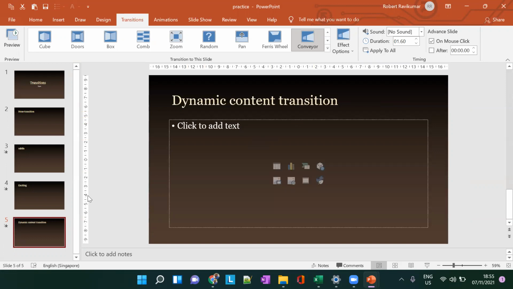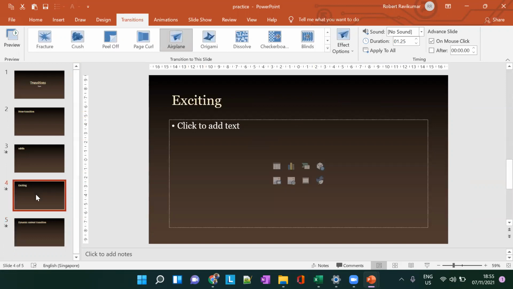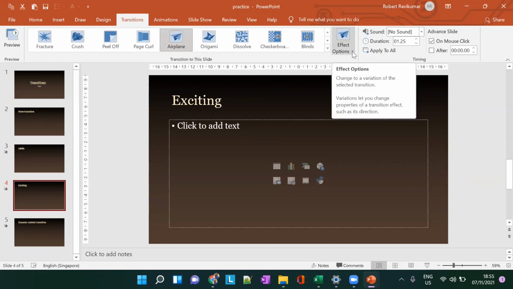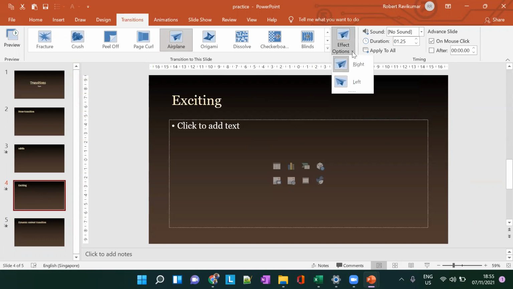Okay, so we can add some effects. We can change the effects of the particular transition here. I've chosen this slide and you've chosen airplane mode here. In the Transition to Slide command group, you have an option called Effect Options here. Click the drop down, and you can see whether it's from right or left. Here you can see the airplane was flying from